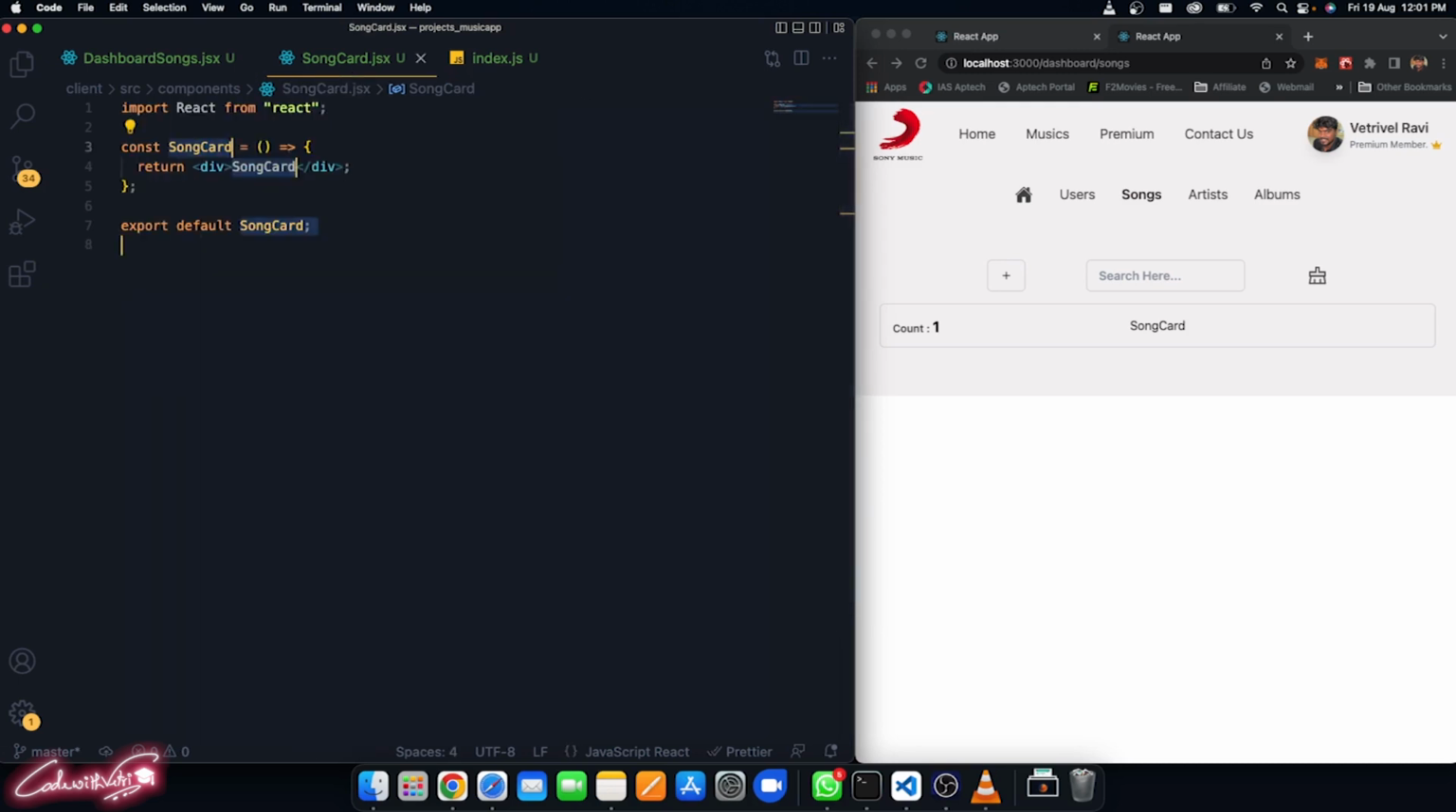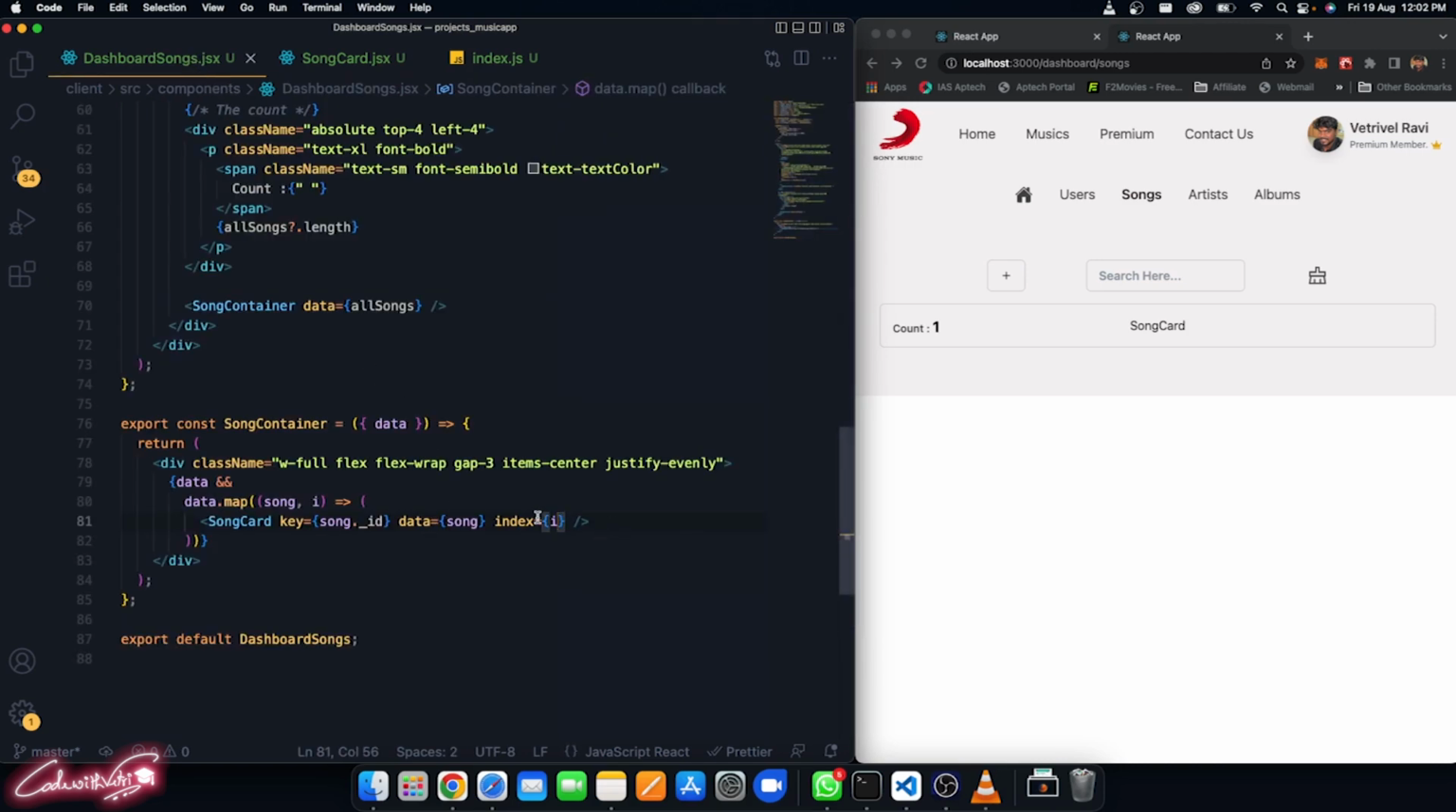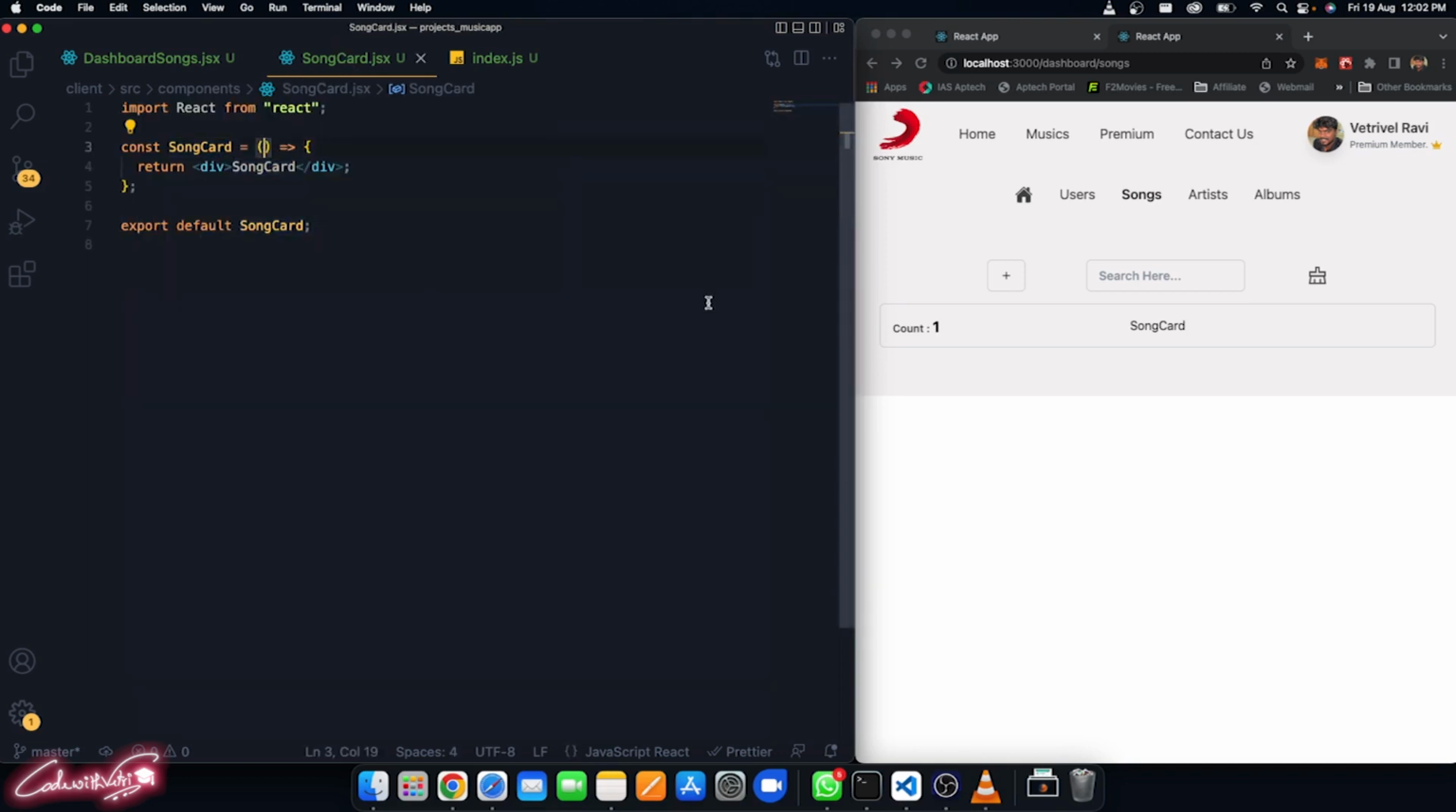Let's go here and let's render the songs and everything. What are the properties we needed? We need the data and the index. So let's go here and inside here, let's bring those properties first. So data and the index, these are the two props I needed. And after this, what I'm going to do is